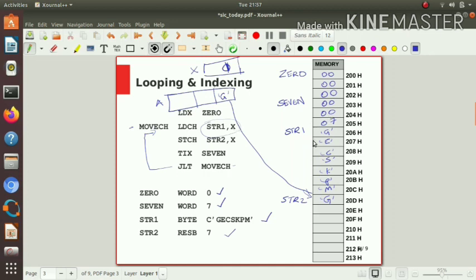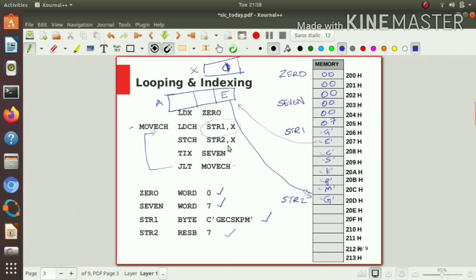So that value E will be loaded into the accumulator. E will be loaded here. Character E will be loaded here.